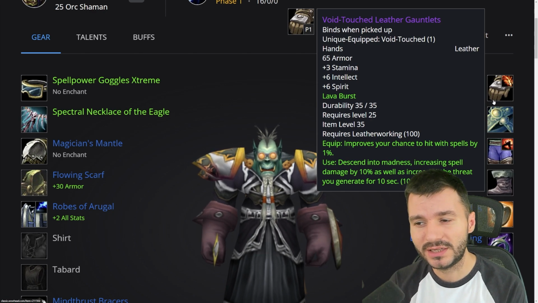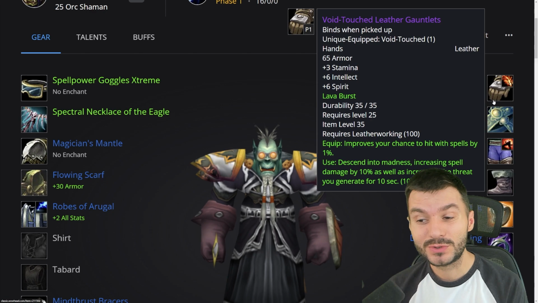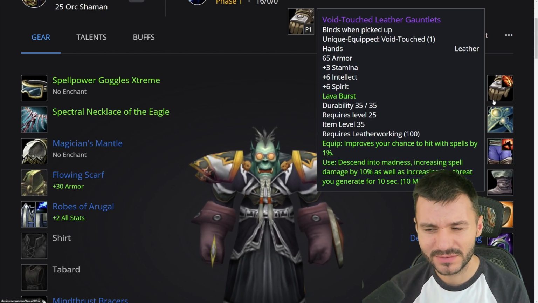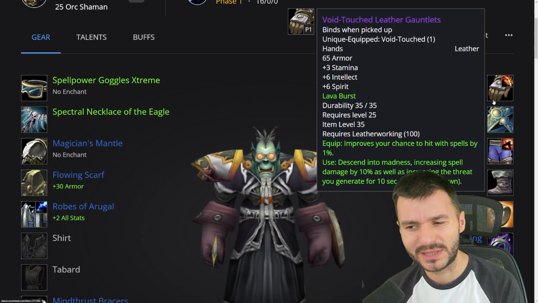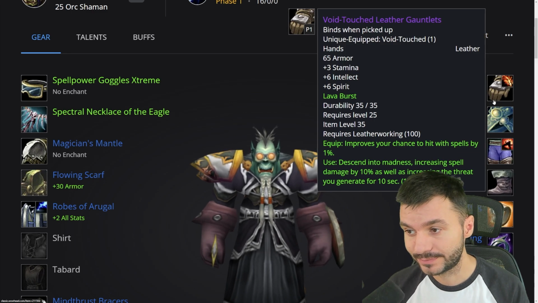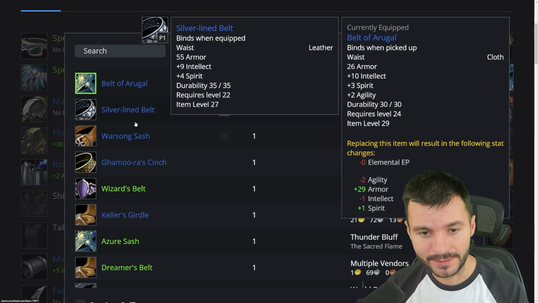The Void Touched Leather Gauntlets, which improve your chance to hit with spells by 1%, but also Descending into Madness, increasing spell damage by 10%. Last time I read, for some reason, it's spell damage by 10%, so it scales well at low levels as well. Belt of Argol, if not, there's the one from...